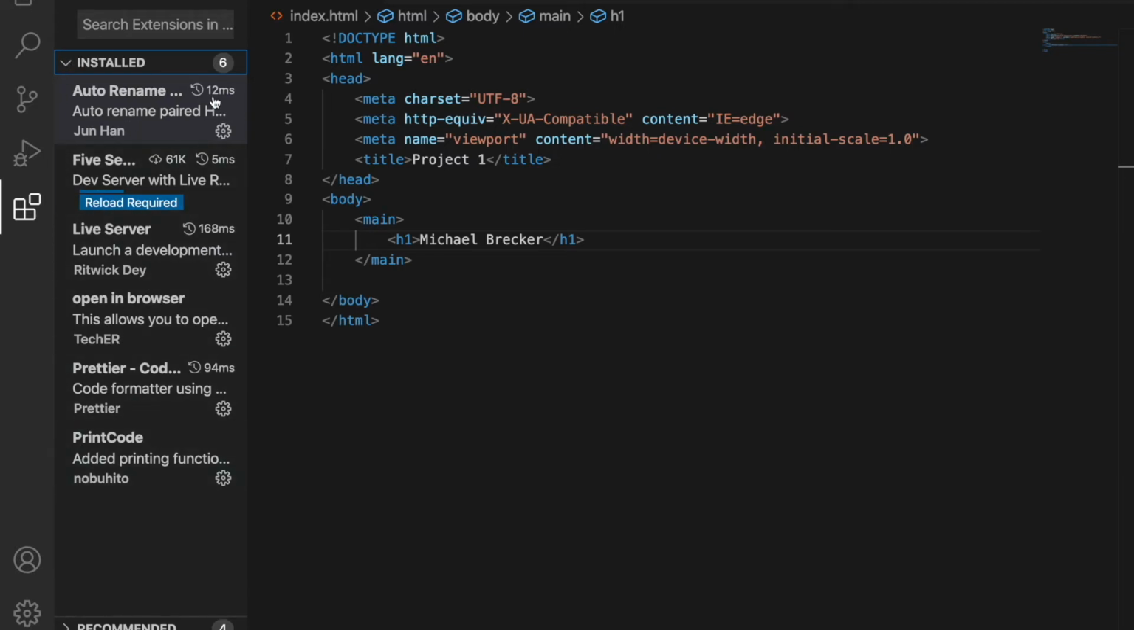There are like 5 or 6. There are 6 right here. And I want to show you how I use Live Server so you can watch the project happen as you